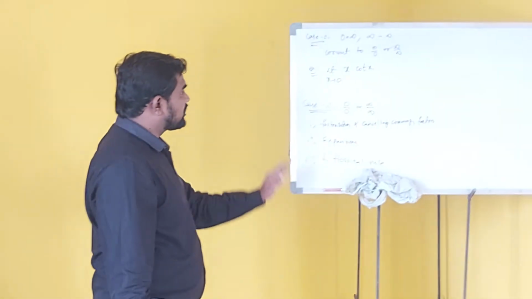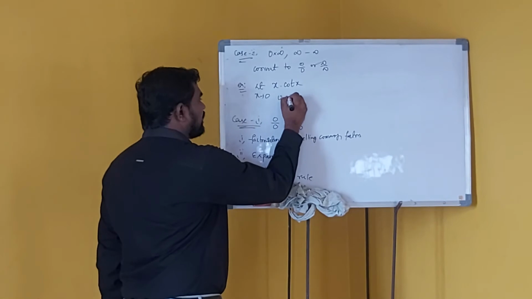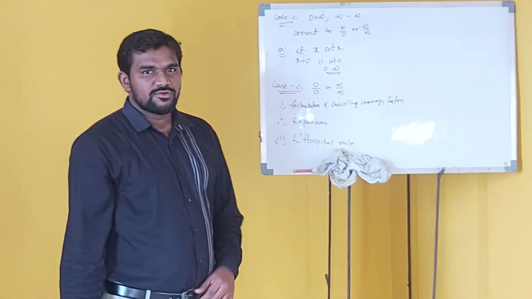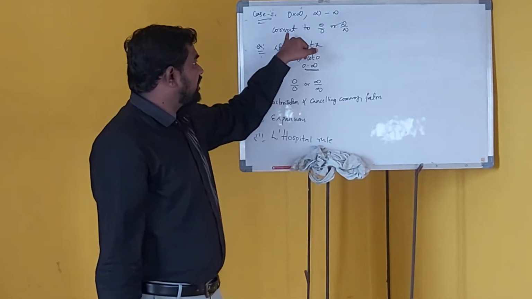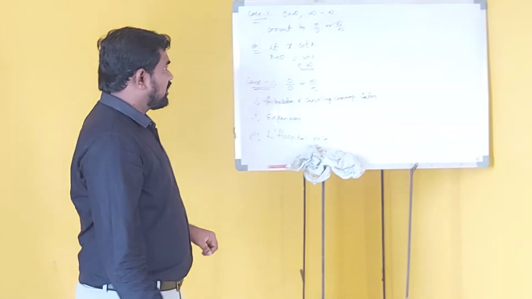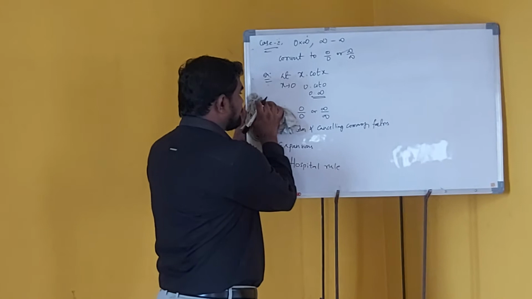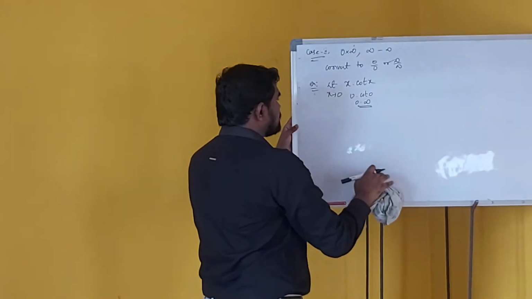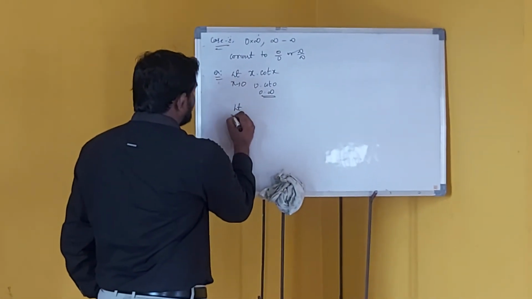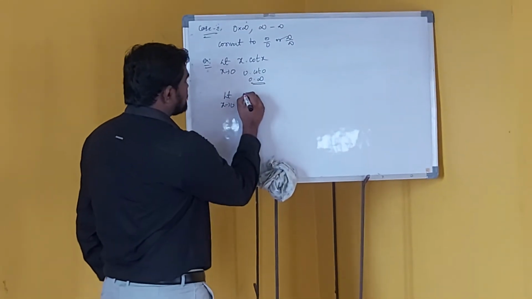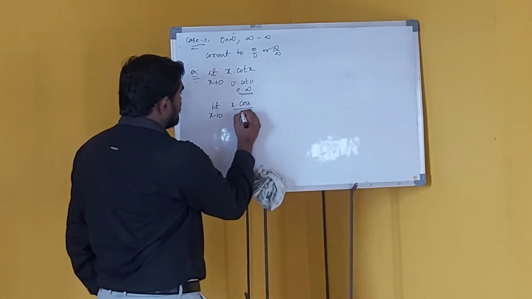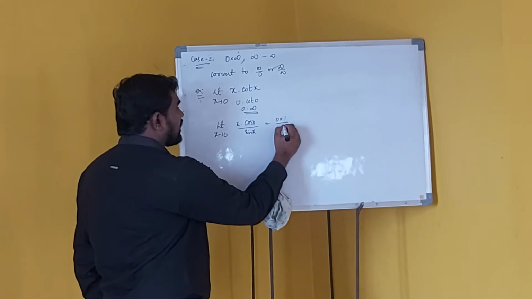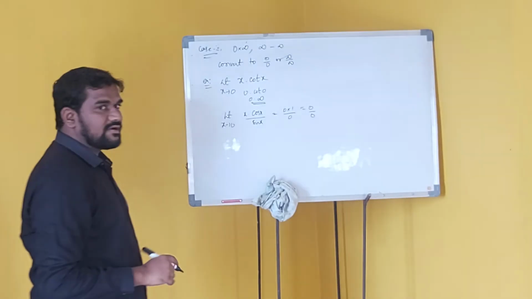So we don't see any piecewise function, so directly put the value: it is 0 into cot 0, and cot 0 value is infinite. So 0 into infinite, right? So what we do now, if it is 0 into infinite or infinite minus infinite, we have to convert that to 0 by 0 or infinite by infinite. So without changing the question, we just modify the question so that it will be converted to 0 by 0. So what I am going to do now is, the same limit x extends to 0, I just write the cot x as cos x by sin x. So now if I give my 0 value, it is like 0 into 1 by 0. Converted. This is the main step here.